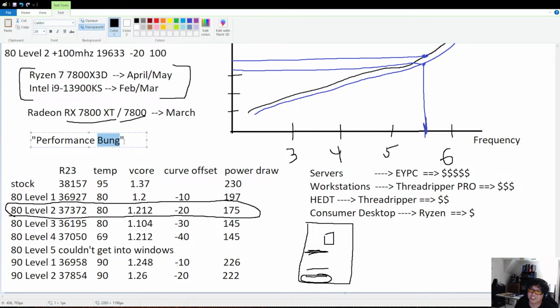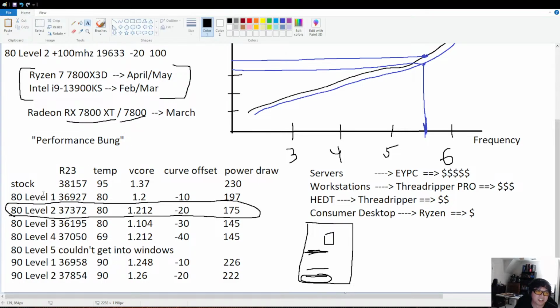Apparently that's what a bung is, or it's kind of like that. I don't know why they named this feature that, but apparently Performance Bung from Gigabyte is a list of presets for thermal limits. You can specify 80, and then there's a level 1 through 5, where the level corresponds to a negative curve optimizer offset. So level 1 corresponds to negative 10, level 2 is negative 20, and so on. That's what Performance Bung is in this new